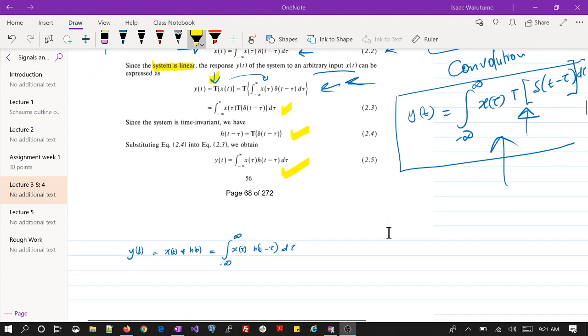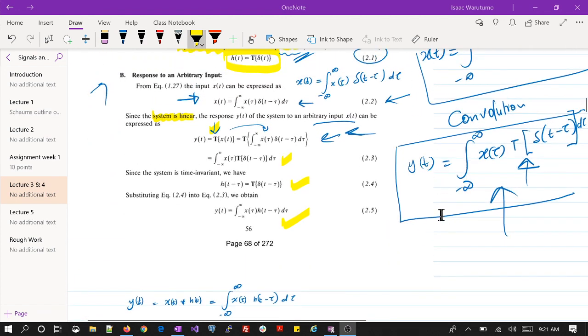And therefore what we are saying is that the continuous time LTI system described by this function right here, acting on a unit impulse signal, can be evaluated as the convolution, which gives us the output signal